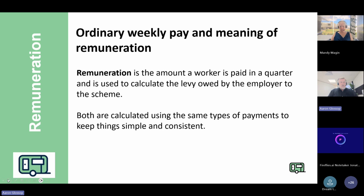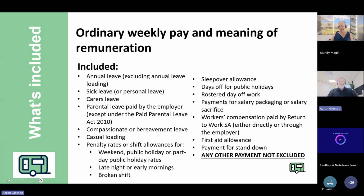All of these payments, the remuneration, is what we use to calculate the levy that you pay and the worker's average weekly pay for long service leave. Keeping this distinction clear helps avoid errors in reporting and ensures everyone's records are accurate. The regulations, which were released in July last year, specifically talk about OWP and remuneration and what's excluded and what's included. And when you're calculating the levy, there are some clear rules on what's included and excluded from an employee's